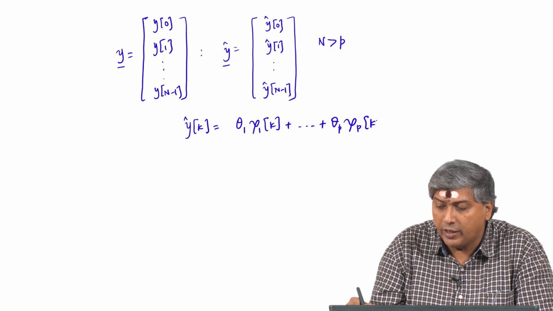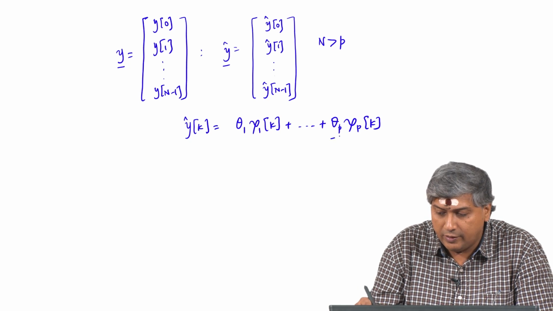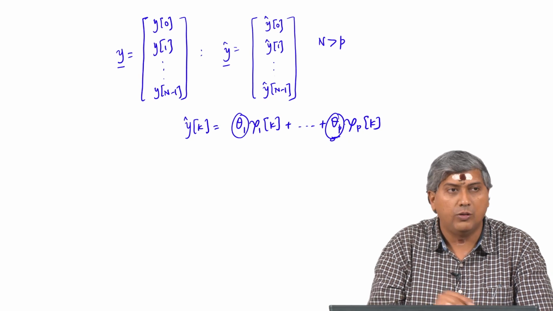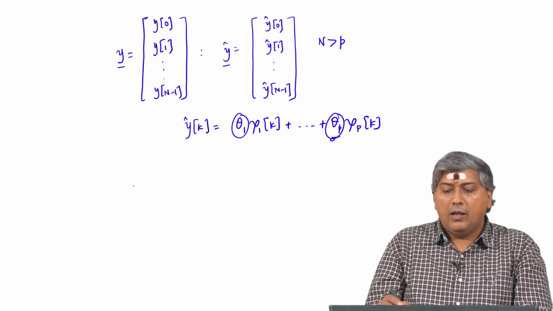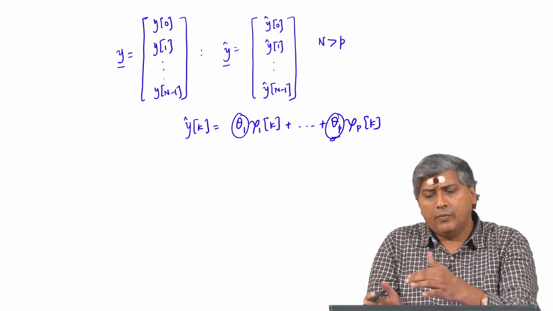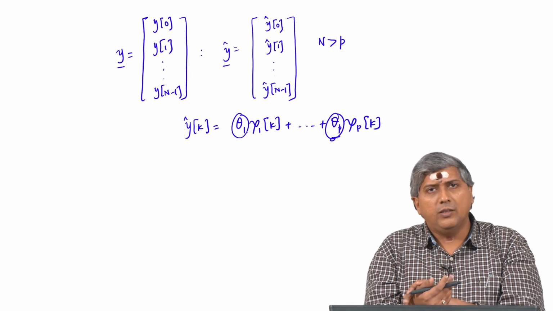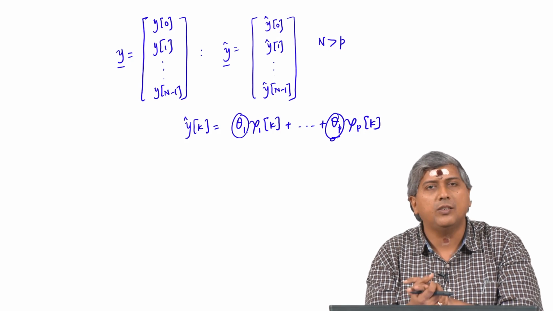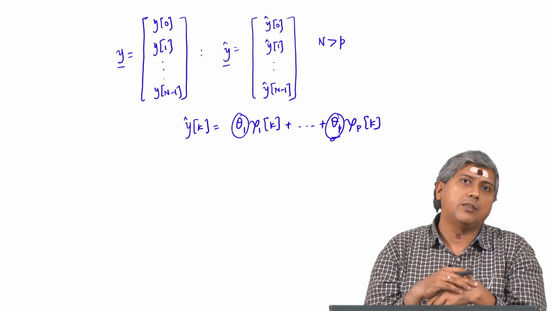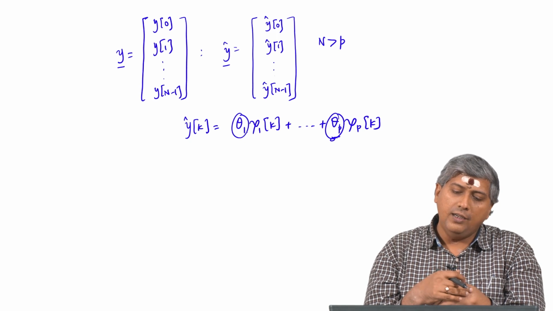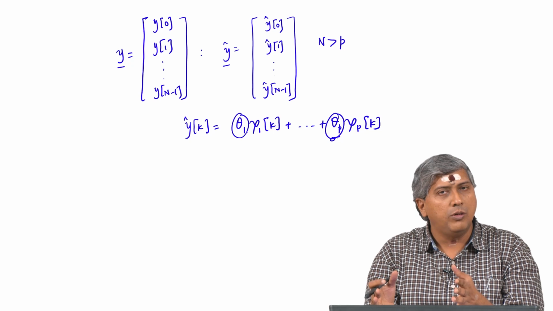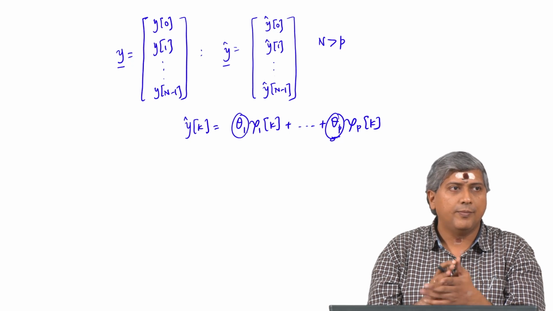So, the unknowns that we are referring to are theta_0, theta_1, theta_2 up to theta_p; those are the unknowns. Simple linear algebra says that if I have to solve for these p unknowns, I need p equations. So, I need at least p observations to get a unique solution. If I have fewer observations than the number of unknowns, then I have an underdetermined set. That means I have more parameters, more unknowns, than I can actually estimate.